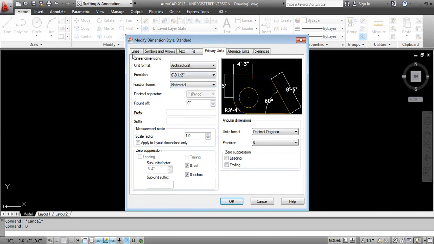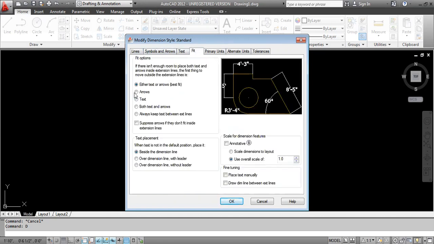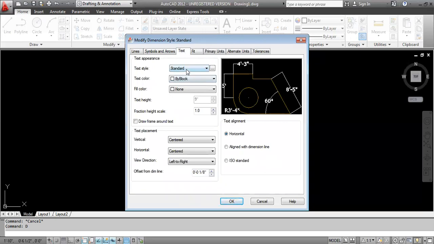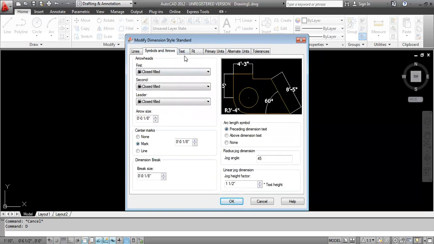0 feet half inches. See what changes happen in this drawing when we select this one. If you want to keep it, you can keep it like this only. Now in text, no issue.